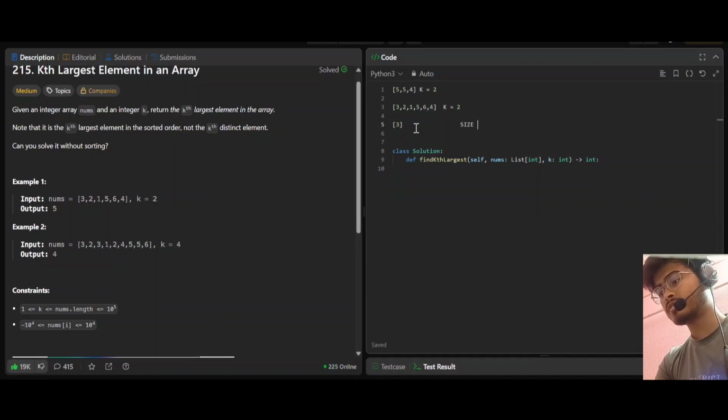Let's write the size. Size is 1, which is not greater than k. Therefore, we do not remove anything. Now we process the second element, which is 2. We insert 2 into the heap. Now the heap contains the values 3 and 2. The heap will contain the elements like this, 2 and 3, because the smallest one will be available at the top. Now its size is 2,